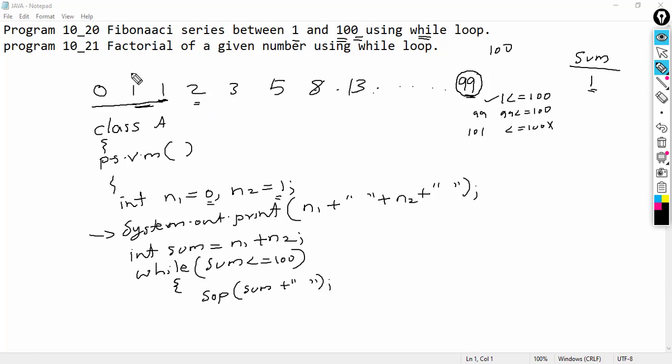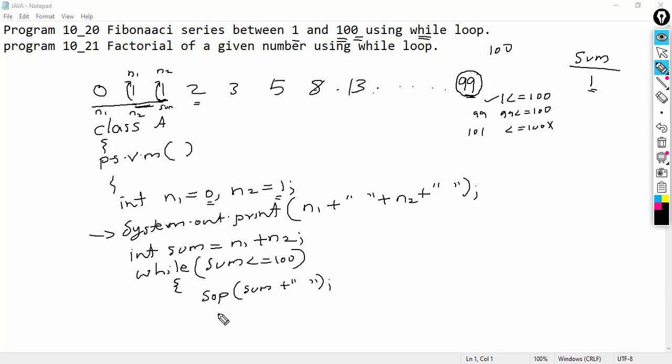We need to store this 1 in n1 and this 1 in n2. Already n1 has the value 0 and n2 has the value 1. So we can store the value of n2 to n1 and the value of sum to n2. The value of sum is 1, which means this 1, so the value of sum we can store in the variable n2, to get this 2.